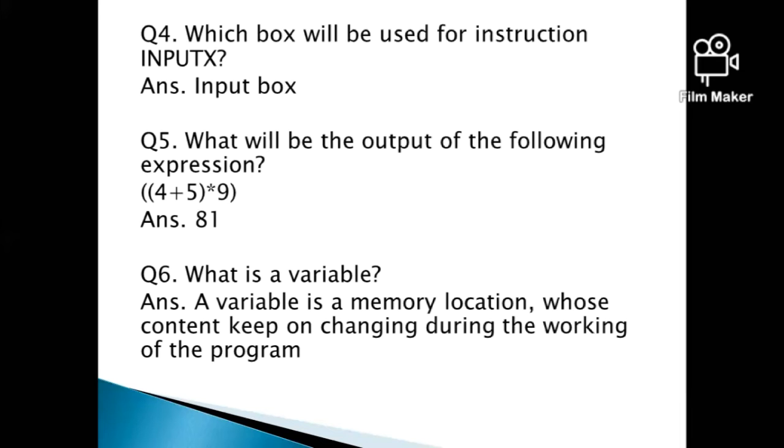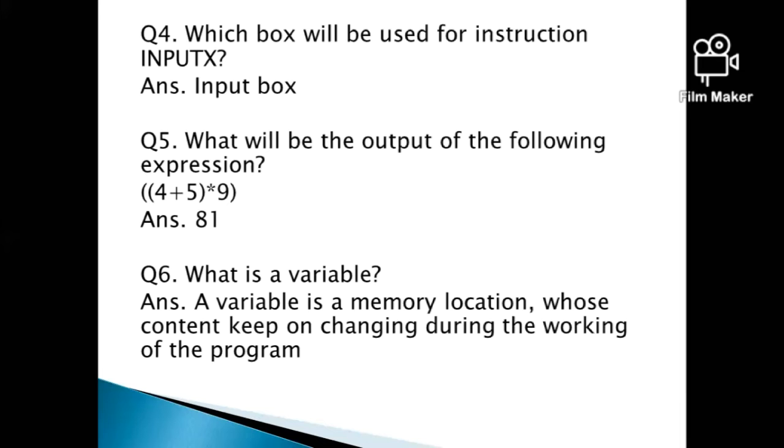Our expression is, in brackets, 4 plus 5, and then multiplied by 9. It means 4 plus 5 is in inner bracket and in outer bracket multiply with 9. It means in this expression we have two brackets. First is inner bracket and second one is outer bracket. So first we have to calculate the inner bracket. As I told you, the brackets take place first in calculation. Okay, so first we have to calculate the inner bracket and then we will calculate the outer bracket.